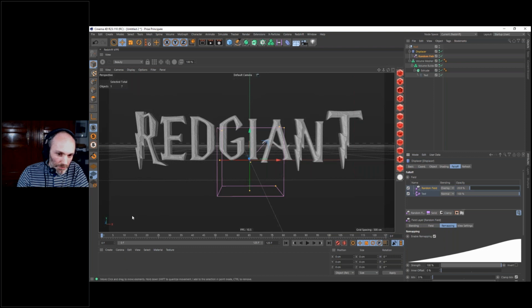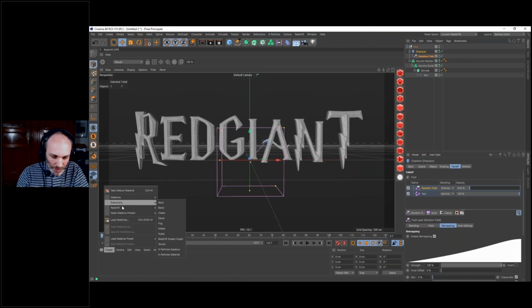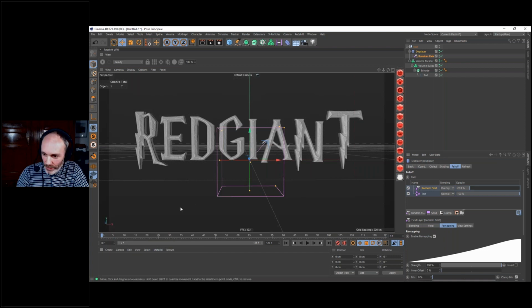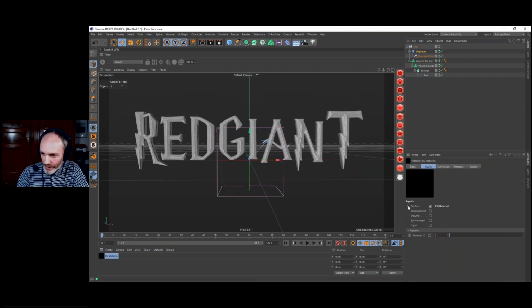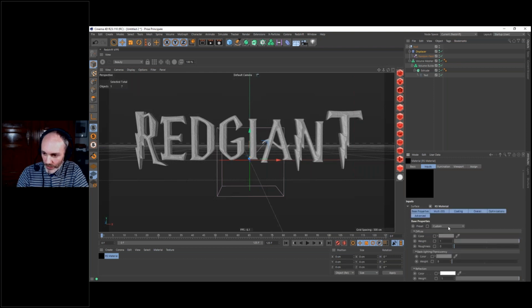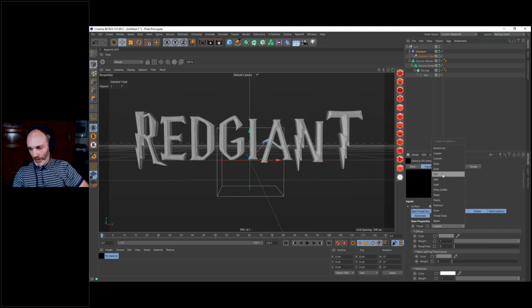So I'm going to create a basic iron material. Let's go to Redshift material. And here in our surface, on the preset custom, I'm going to use the iron. Redshift ships with a few presets, which are really just starting points. But it's interesting if you're just starting on Redshift to use those to understand how everything works. But then you have to go a bit further than that to really master the materials.